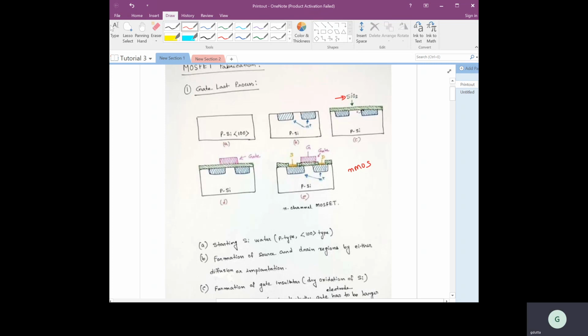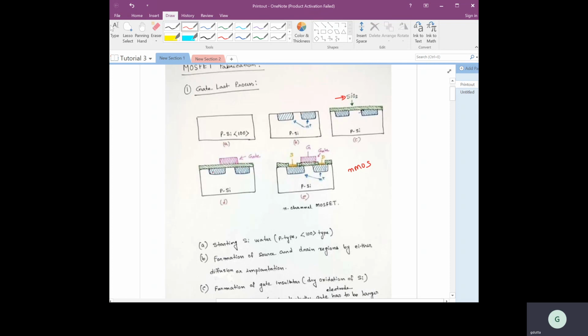And once you have formed this silicon dioxide, which will also act as the gate oxide in this particular case, then we form this gate, whether it may be a metal gate or a polysilicon gate. But I think you recall that at the time of invention of the MOSFET, people initially used the metal gate, right? So you can think of this as the metal gate, and the gate contact is already formed.